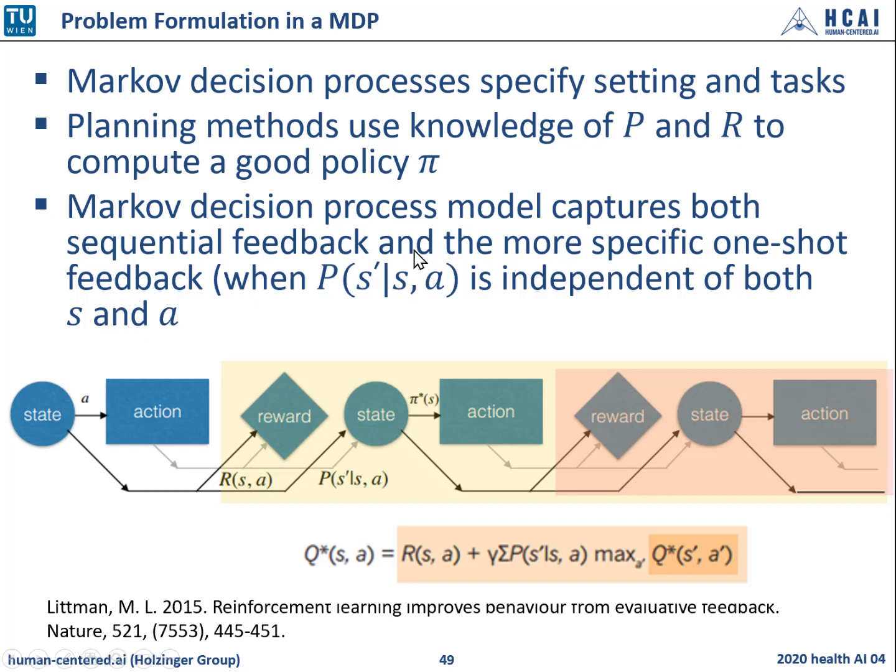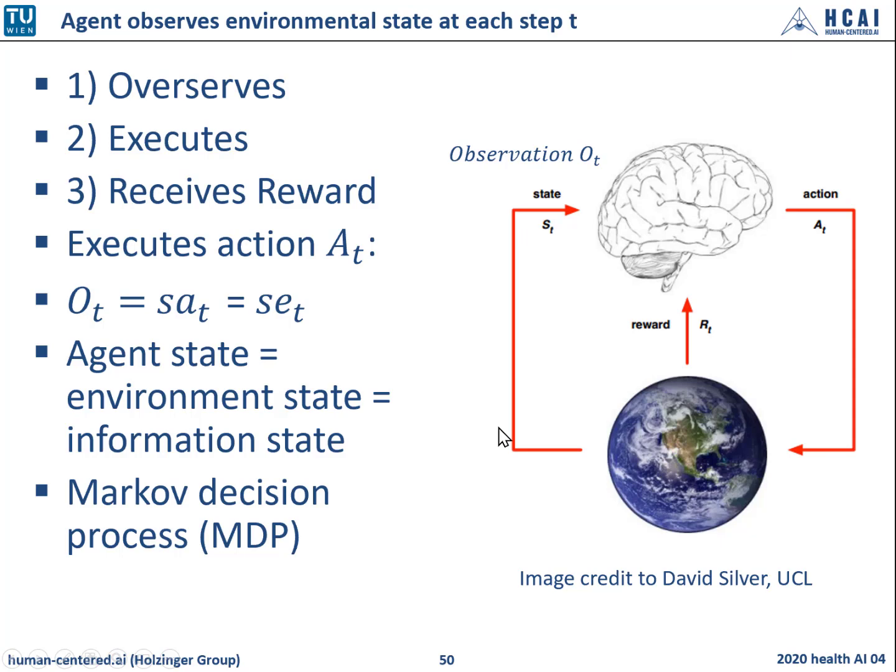So when, for example, this P of S given S and A is independent of both S and A. So this is one of these recent trends. So the agent observes the environmental state at each step of the time. So here is an example where the agent has full observability. So the agent directly observes the environment here and his state. And this is such a